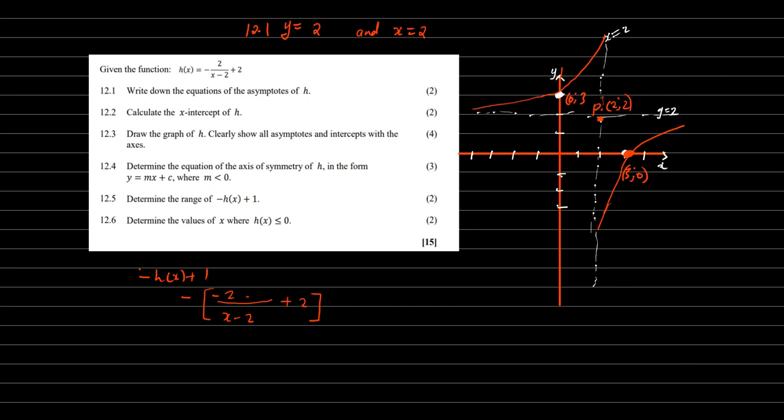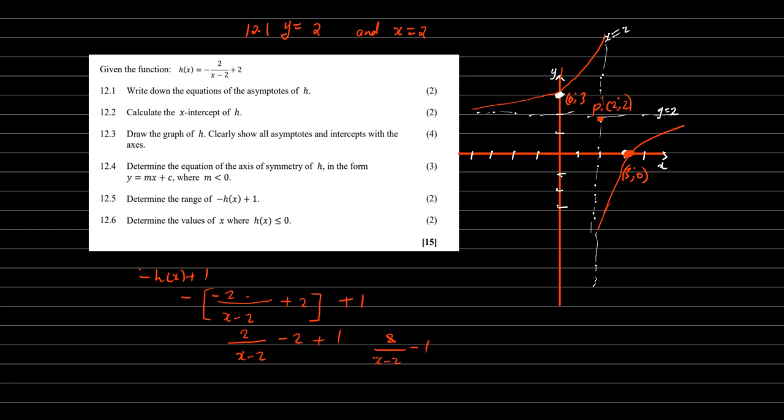So we will end up with something like this. This is what we will end up with. So at the end of the day, we will have 2 divided by x minus 2 minus 2 plus 1. So at the end of the day, we'll have 2 divided by x minus 2